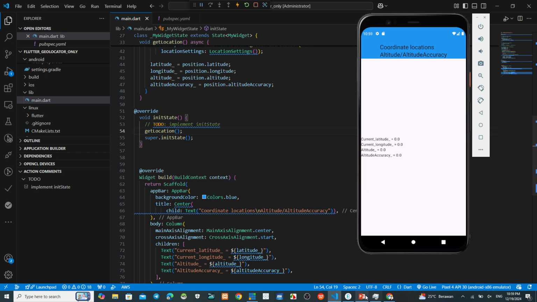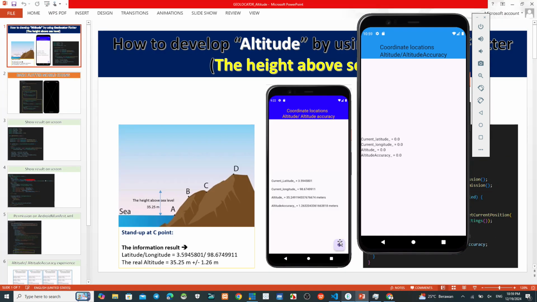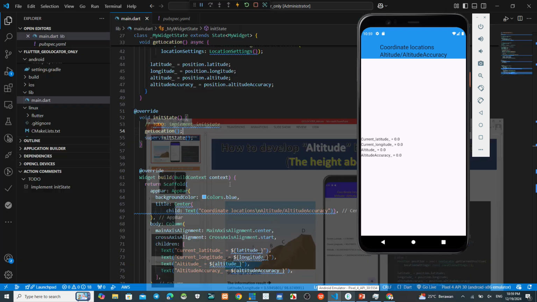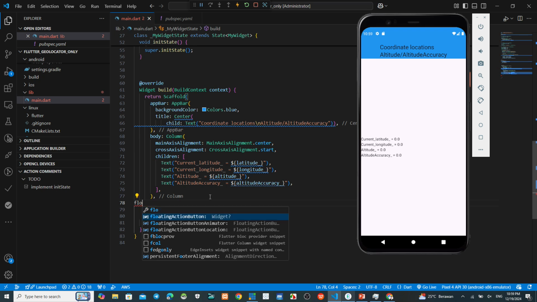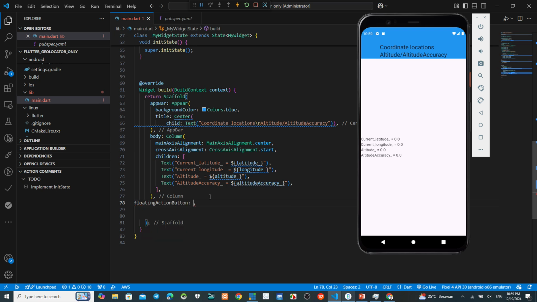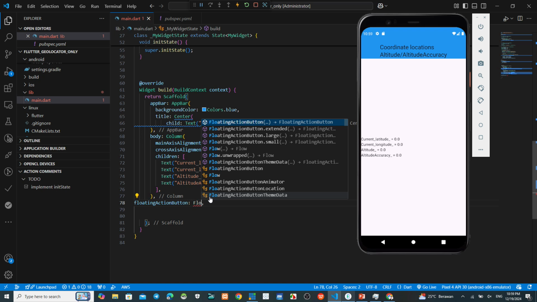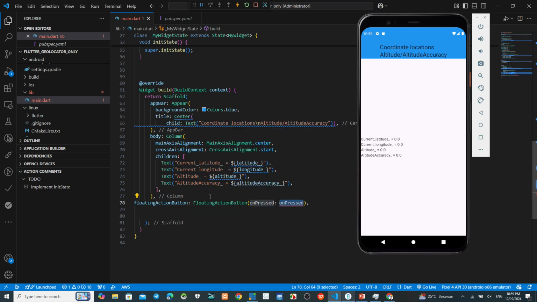Okay, now after that we make this button floating point here. We make this one floating action button.